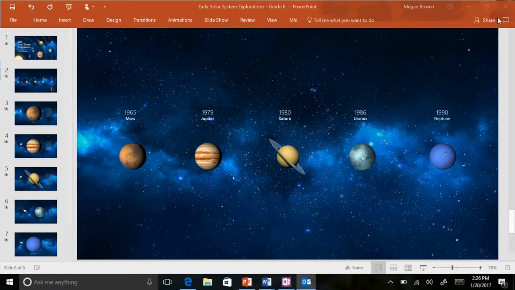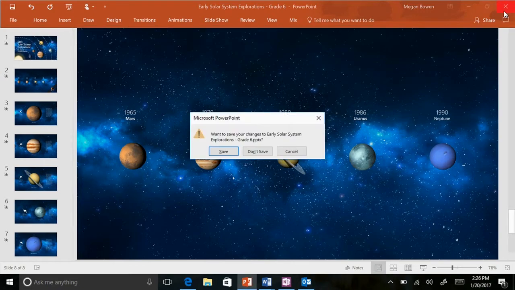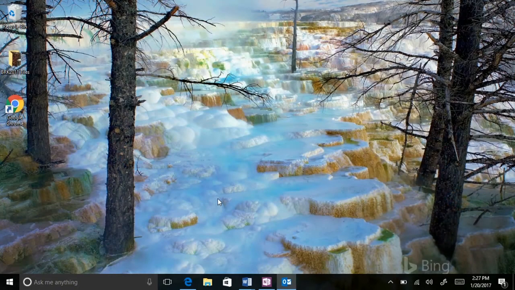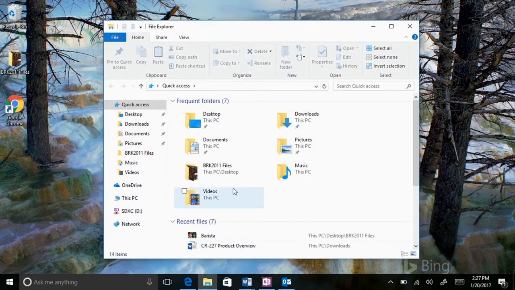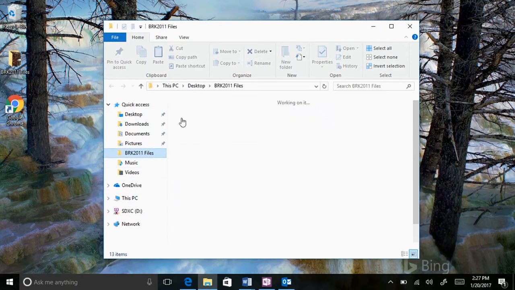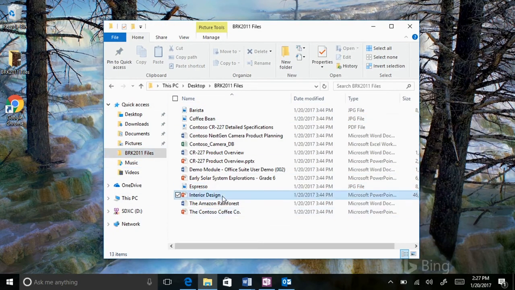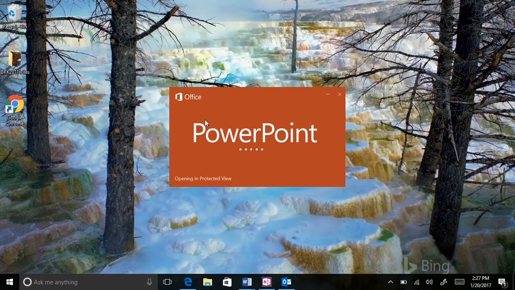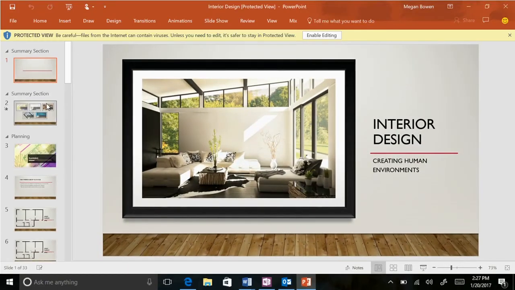So the next one that we'll look at, and some of you might have noticed throughout the tech session so far over the last 2 days, a lot of Microsoft people are using this morph transition, and the next one that I'm about to show you, which is called the zoom feature. So we'll go ahead and open up that. And we'll go ahead and kick this one off.